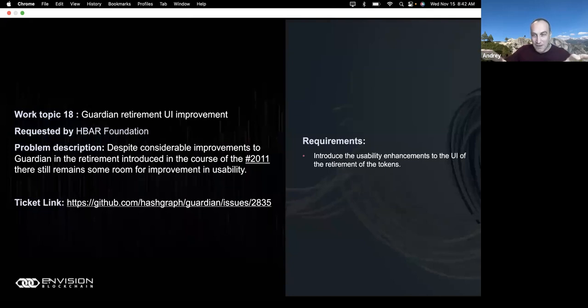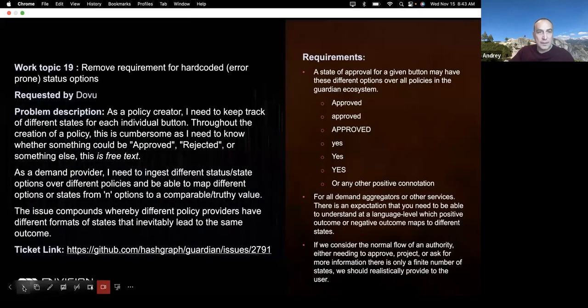But for that we need a solid foundation of the life cycle of the token. We would like to introduce many improvements to the Guardian user interface to do with retirement, so it makes it easier for people to actually execute this and manage it.